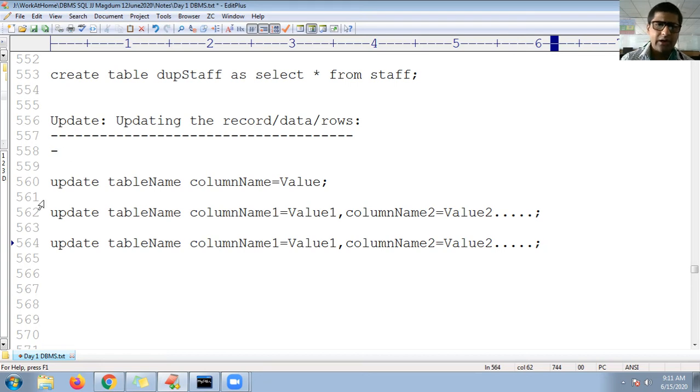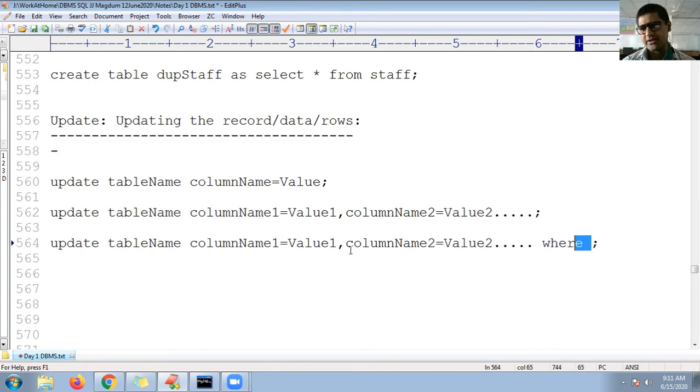I want to update those columns, but only where my matching condition is found, so I can use the where clause. You can use the where clause in update, in delete, as well as in select, and you can go for joins as well. At that time we shall see the where clause.